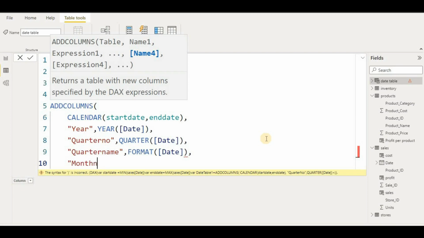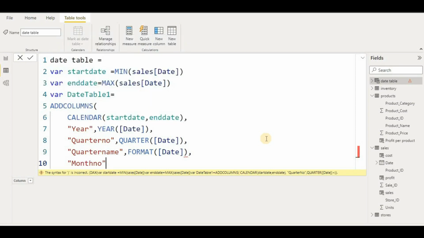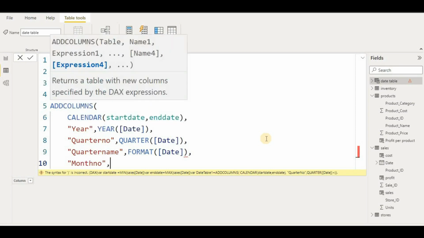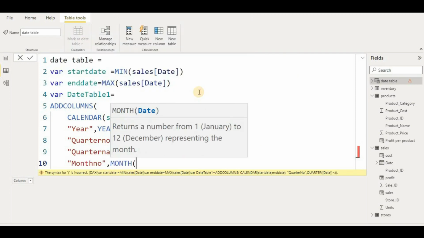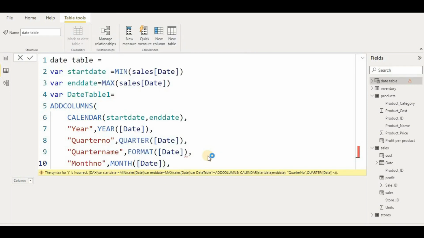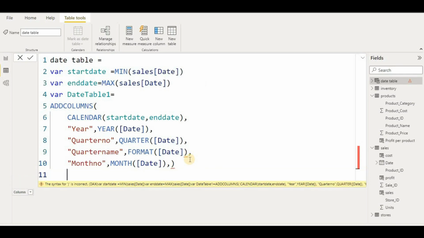I will not give a... okay. So then I will write month, date, comma, month, and here I will take date, and then I will close this comma, and I just put it, I have to put okay, and after that